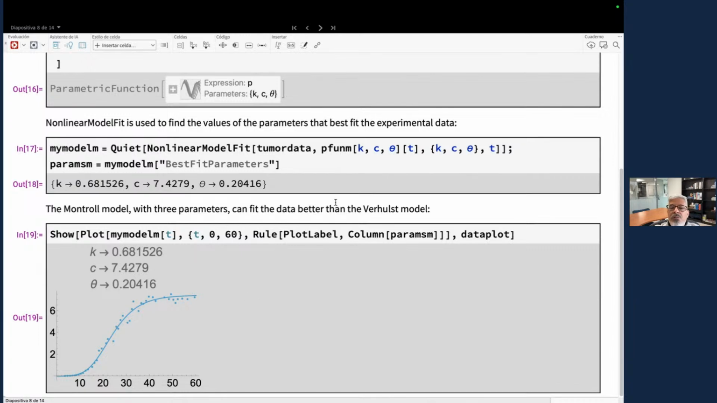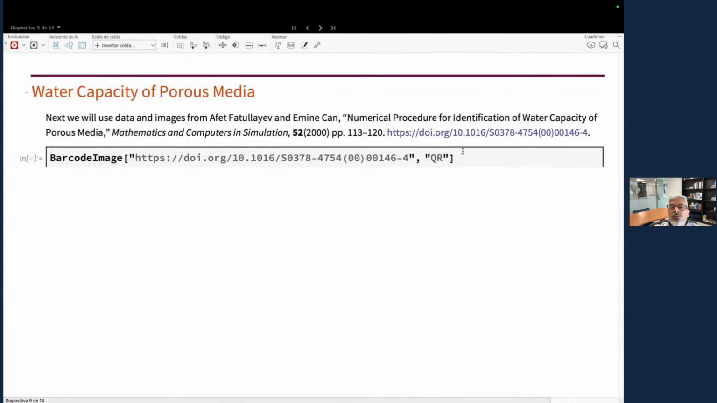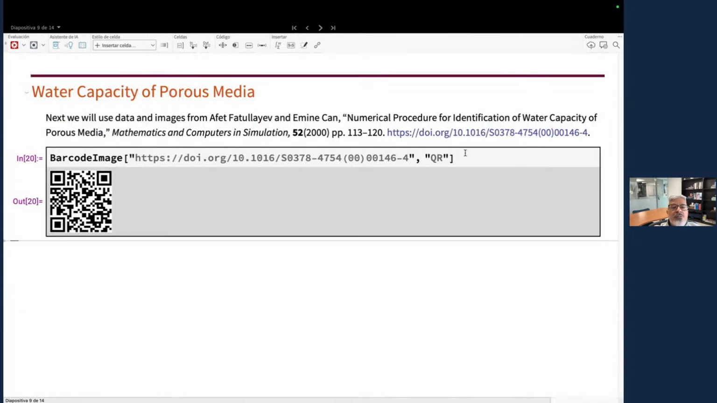All right, so that was simple examples with ordinary differential equations. Let's go now to something with a partial differential equation. Again, I am going to use data from another paper. Here we have again the